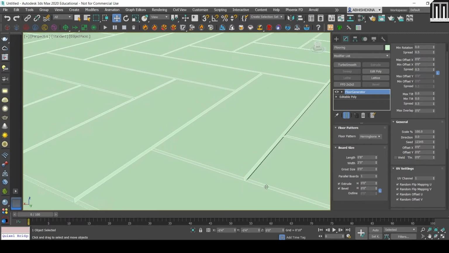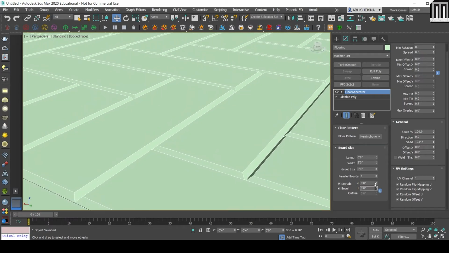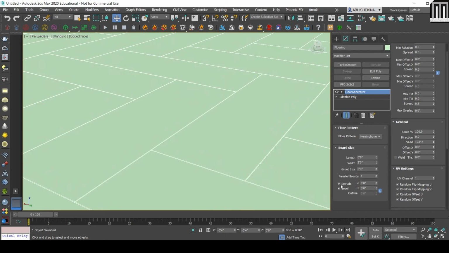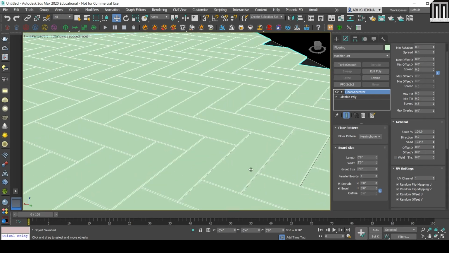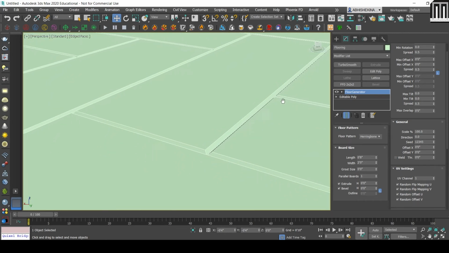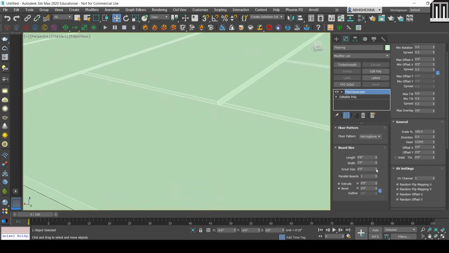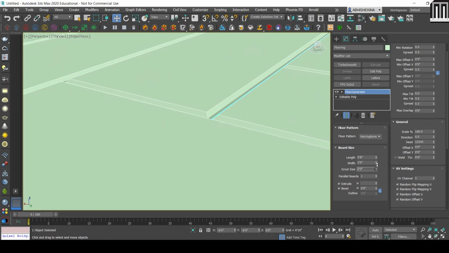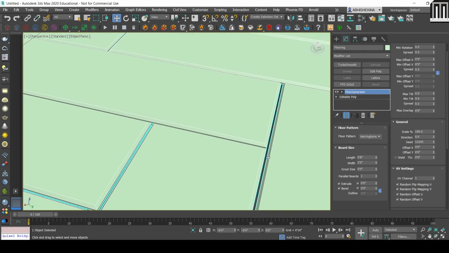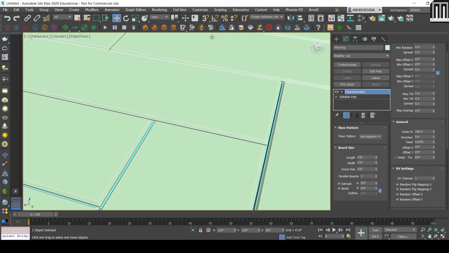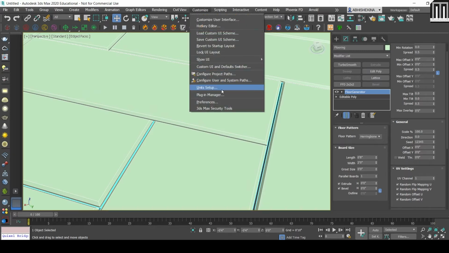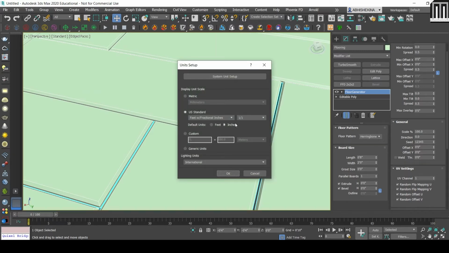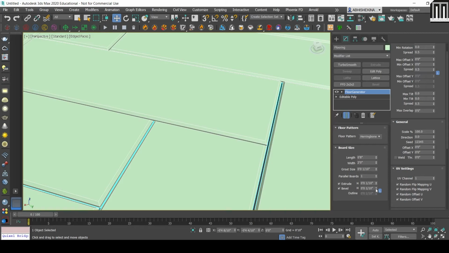If you see, the grooves we can see perfectly. Okay, so I'll bring down the grooves. We don't want so much grouting. Okay, this is called grout, so I don't want so much grout, so I'll bring down the grout. Also I'll tell you, with this floor generator we can make very good designs in just a few clicks. Okay, actually we have set it to 1:1 because we don't have much more information.